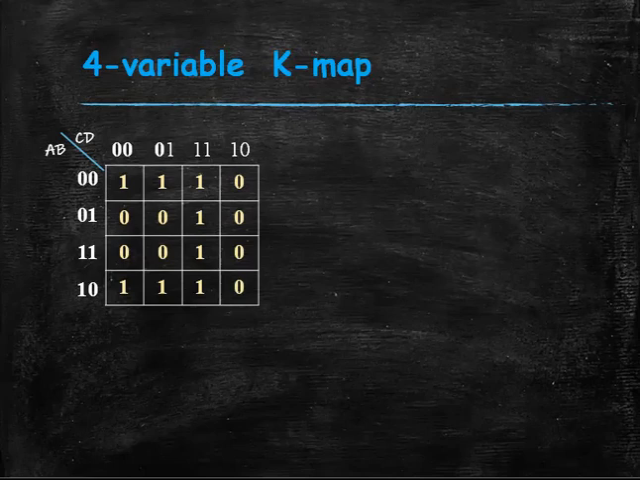A 4-variable K-map is given. First we have to group the ones for simplification. Okay, here